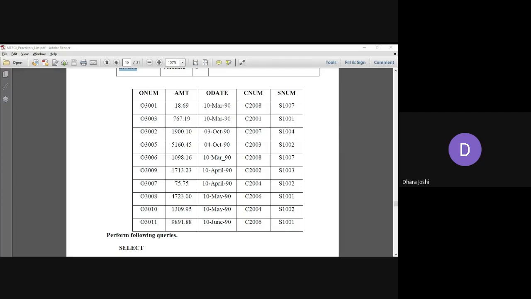Refer to just one thing: wherever you have written check onum, the order number should look like O percentage. So whether O is small or capital, and whenever you are inserting the data, check whether these two are equal or not. Verify this one thing. The rest of the things I didn't find any problem with. Okay, check for that, Dhwani, and reply.